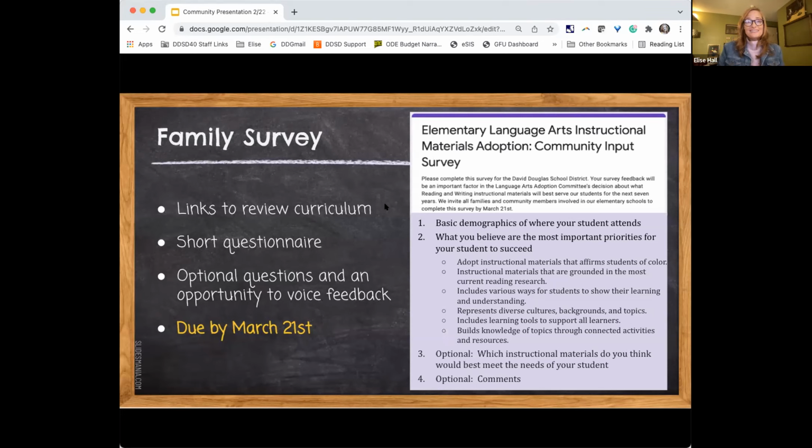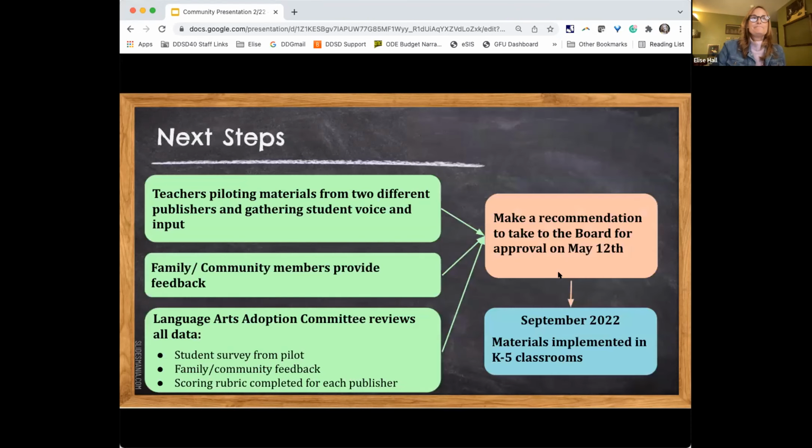Again, all of this is due by the beginning of spring break so that we have a chance to organize this data and make it available to our decision-making team, our teachers who have been in this process since last spring. They are our decision-making group.